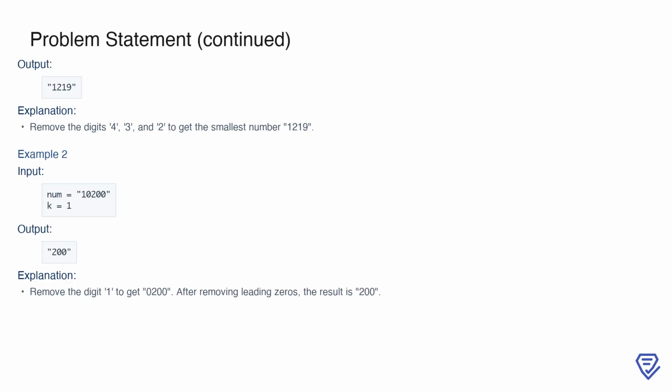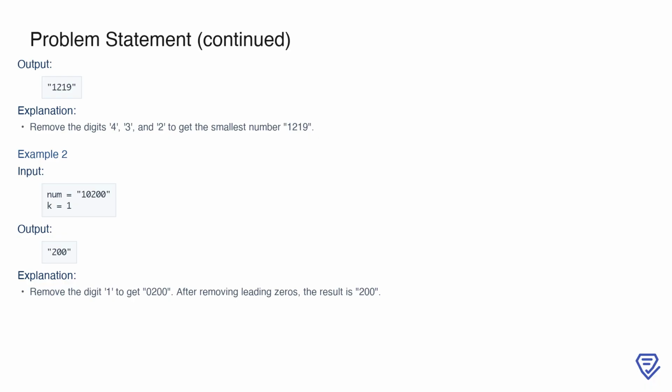Now, consider another example where number is 10200 and k is 1. Here, we remove the digit 1, resulting in 0200. After dropping the leading 0, the final result is 200. This demonstrates how we not only remove digits but also ensure the output adheres to the requirement of not having